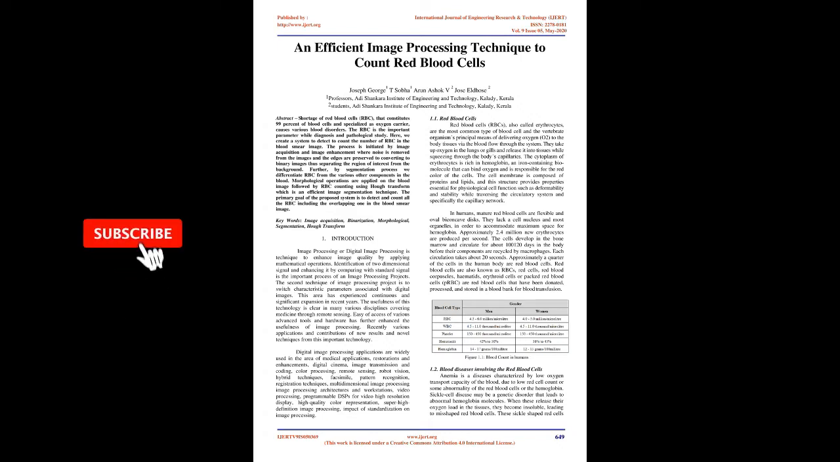The usefulness of this technology is clear in many various disciplines, covering medicine through remote sensing. Ease of access to various advanced tools and hardware has further enhanced the usefulness of image processing. Recently, there have been various applications and contributions of new results and novel techniques from this important technology. Digital image processing applications are widely used in the area of medical applications, restorations and enhancements, digital cinema, image transmission